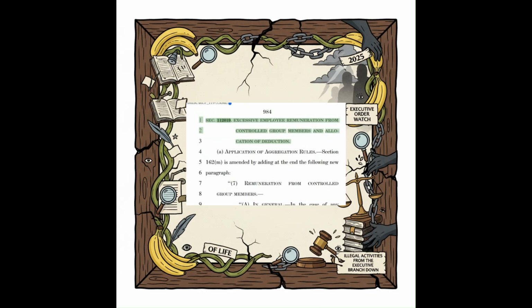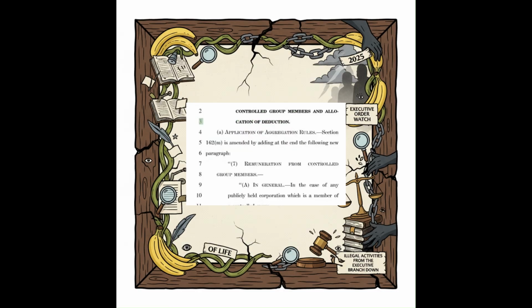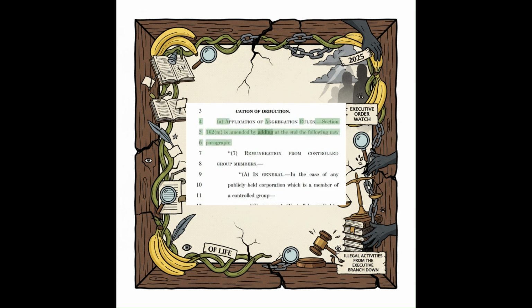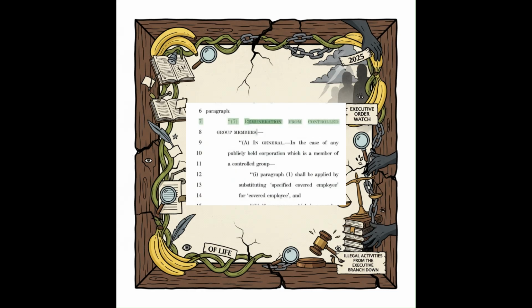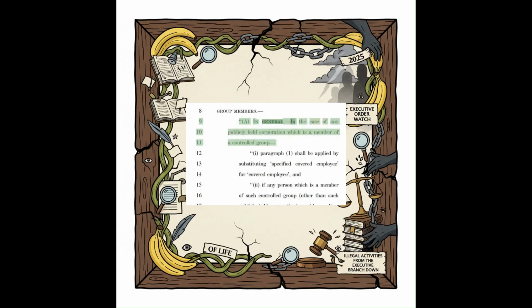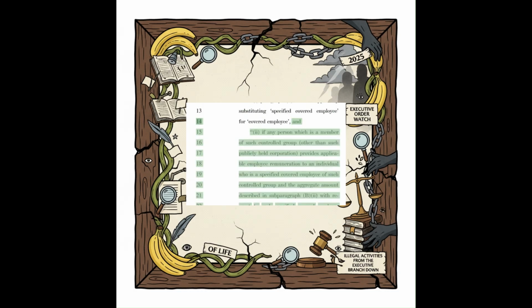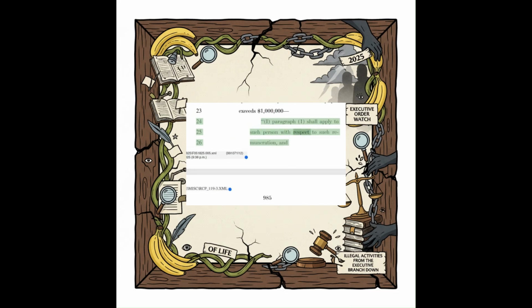984. Sec. 112,019. Excessive employee remuneration from controlled group members and allocation of deduction. Section 162(m) is amended by adding at the end the following new paragraph. Remuneration from controlled group. In general. In the case of any publicly held corporation which is a member of a controlled group, paragraph shall be applied by substituting specified covered employee for covered employee, and if any person which is a member of such controlled group provides applicable employee remuneration to an individual who is a specified covered employee of the controlled group and the aggregate amount described in subparagraph with respect to such specified covered employee exceeds $1 million, paragraph shall apply to such person with respect to such remuneration and